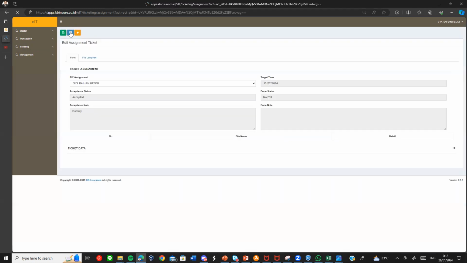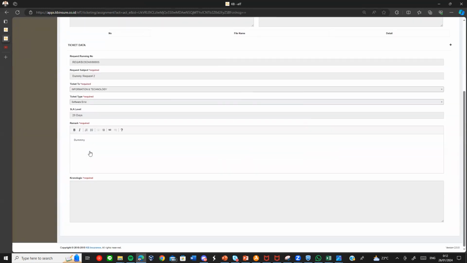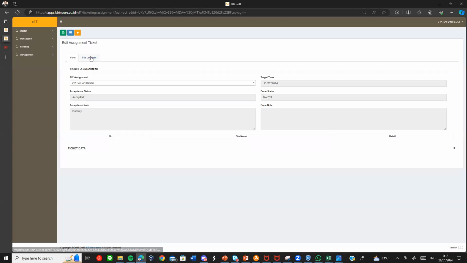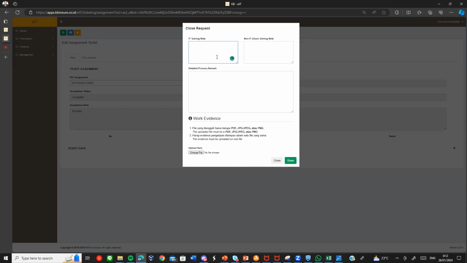After knowing what the problem is and what the ticket needs, we can just work on the data. After the data is finished, we can click the done task button. We can add the problem solving, in the IT way or the non-IT way, and the detailed process.